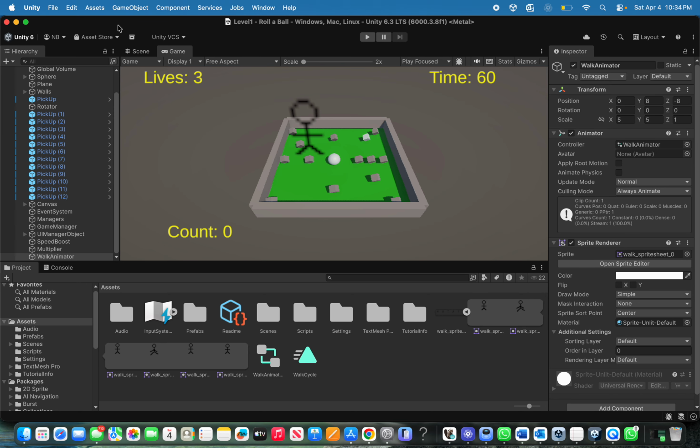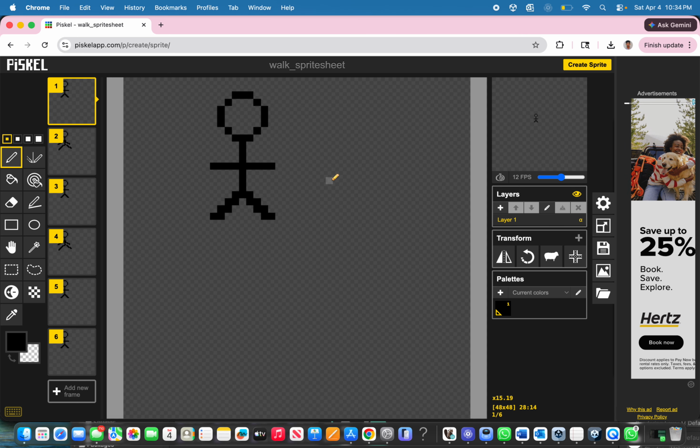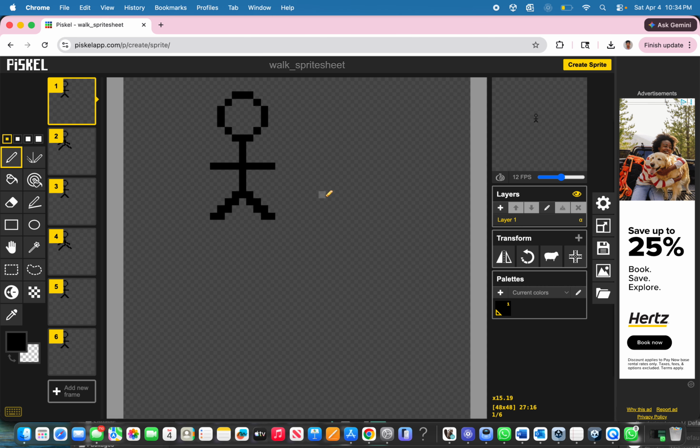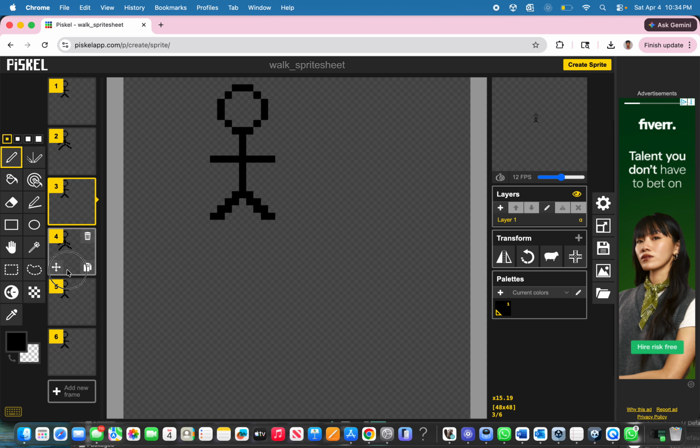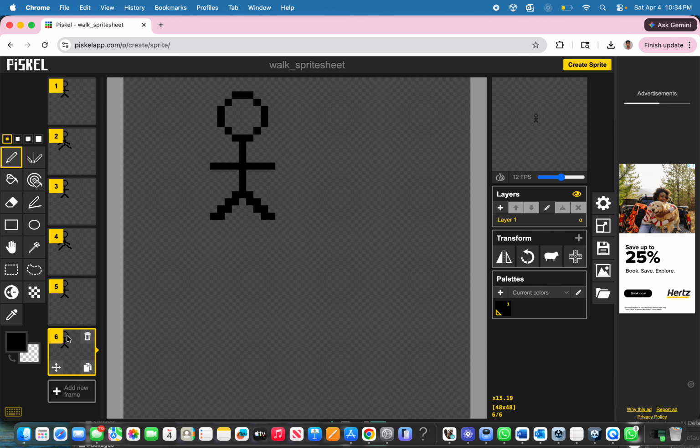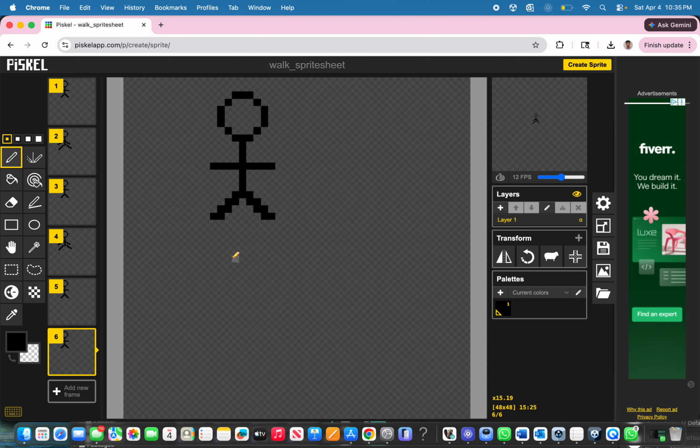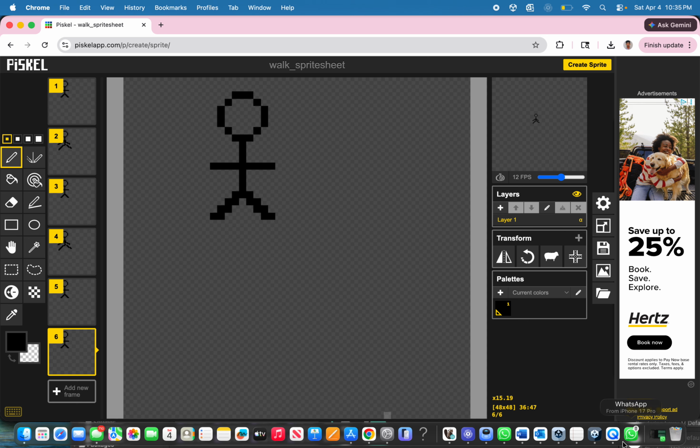Then we'll see our Piskel tab. Here is the original Piskel project file showing all 6 frames I drew, which demonstrates that this is my original work. You can see each frame was hand drawn pixel by pixel in the editor. And